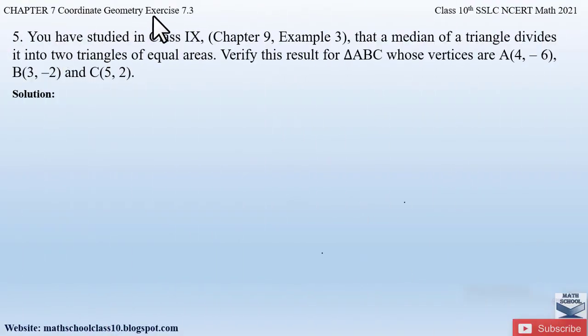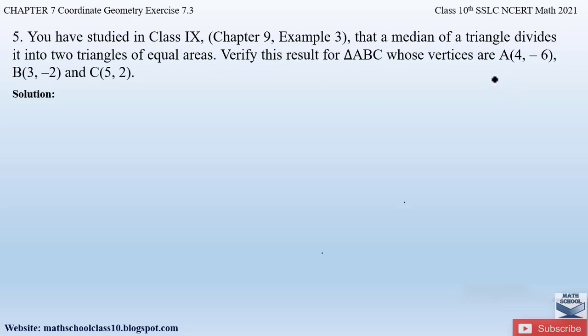Question number 5 from exercise 7.3 chapter 7 coordinate geometry says, you have studied in class 9th chapter 9 example 3 that a median of a triangle divides it into two triangles of equal areas. Verify this result for triangle ABC whose vertices are point A (4, -6), point B (3, -2) and point C (5, 2). So according to what you have studied in chapter 9 in your class 9th, example 3 is,